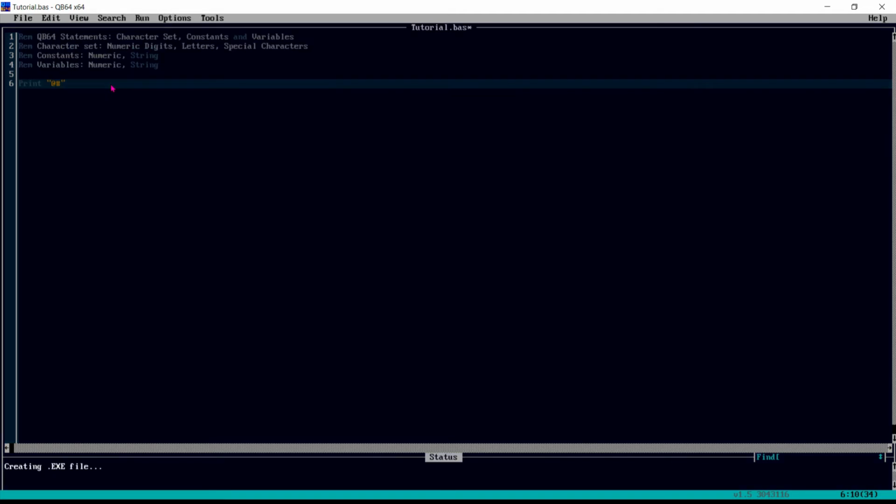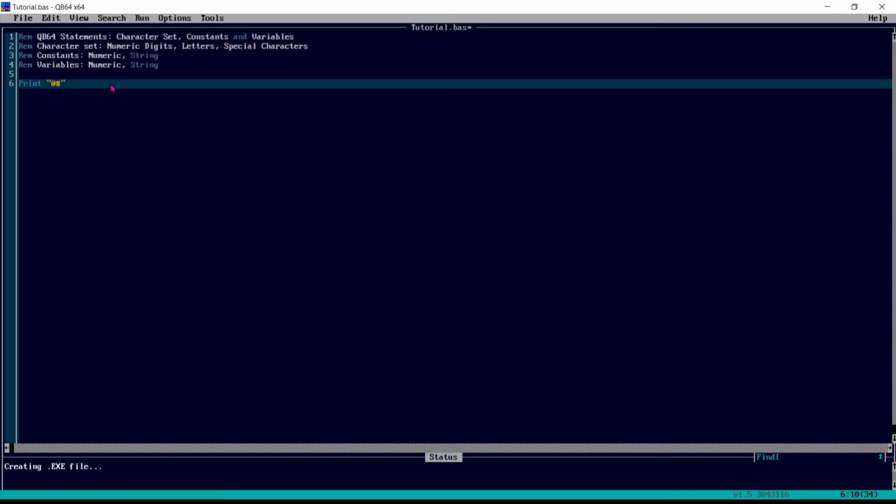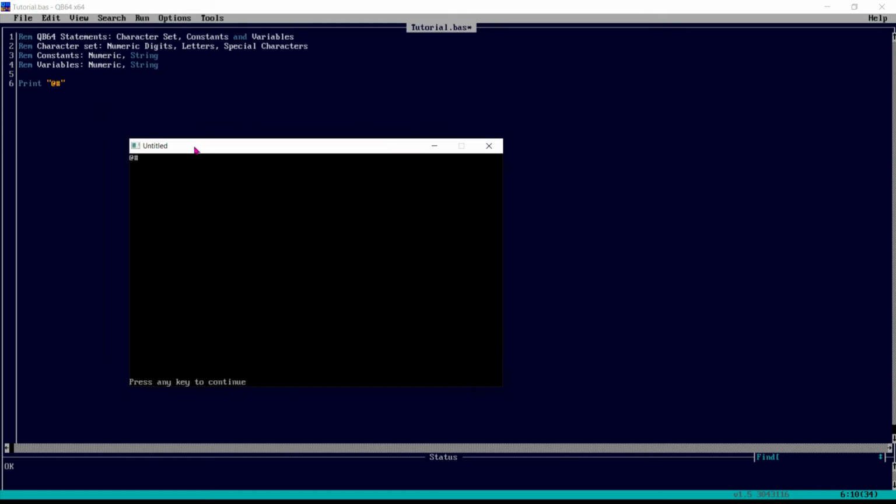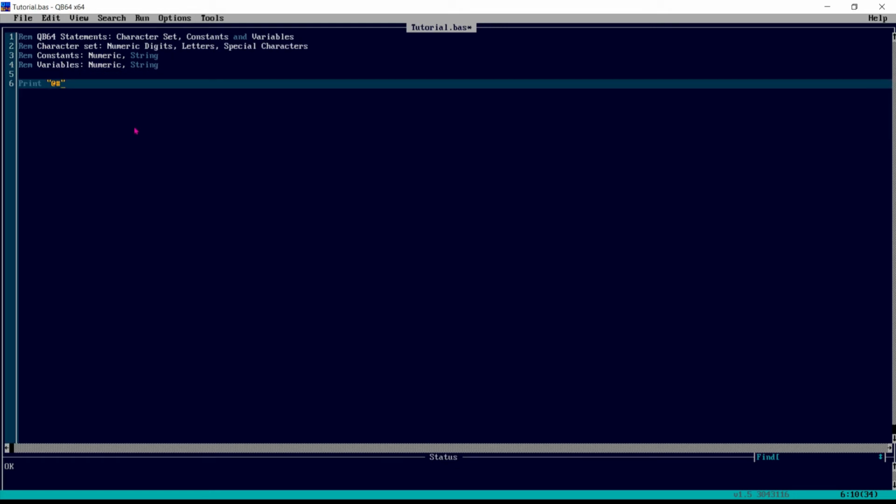Let me try. It is printing. So far we have seen the character set. We have used numeric digits, capital letters, small letters, special characters, and the command PRINT, and it is printing everything. So we can use all of them.